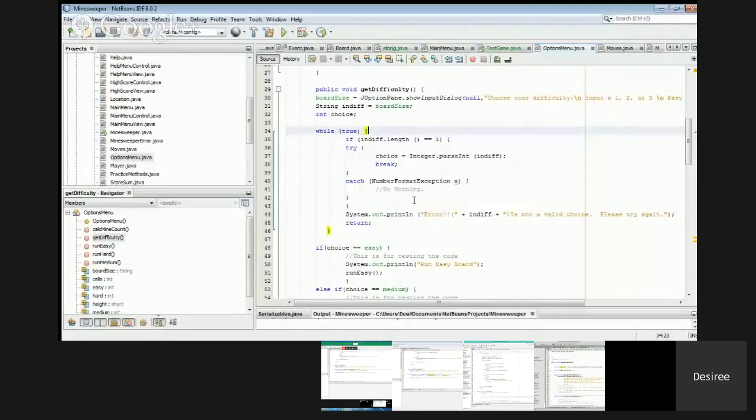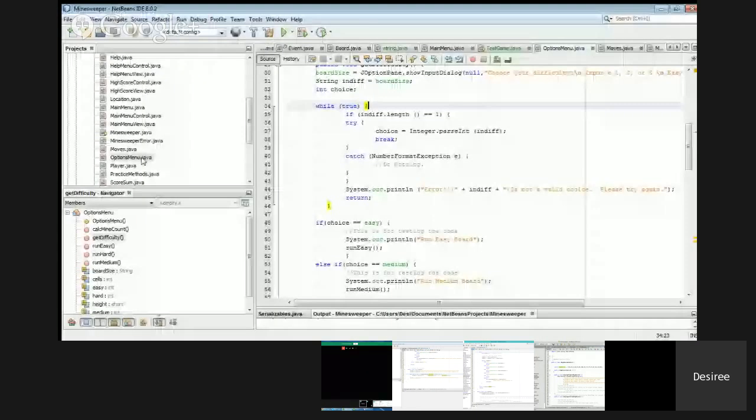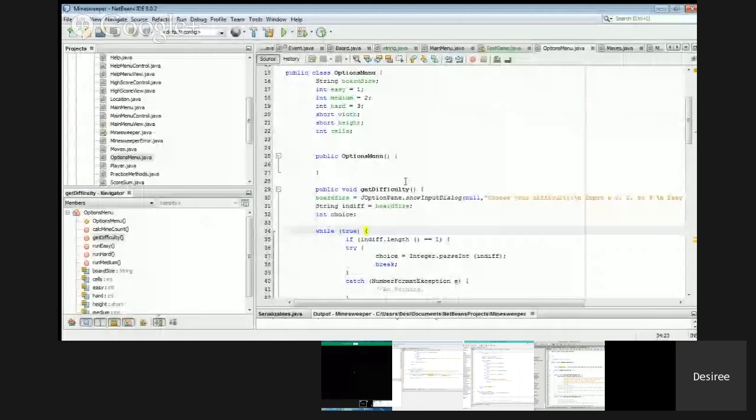So, for example, if you have x greater than 0, and the user clicks, the loop will never run. The while loop is best used if you want the loop to run an unknown number of times. We have our while loop in the options menu, and as you can see, we have our